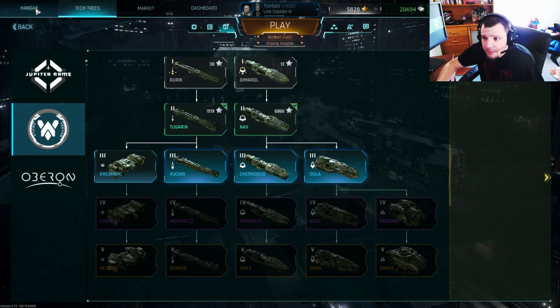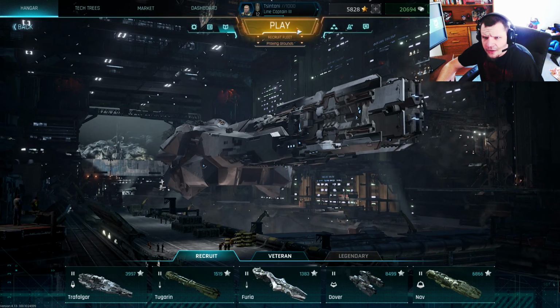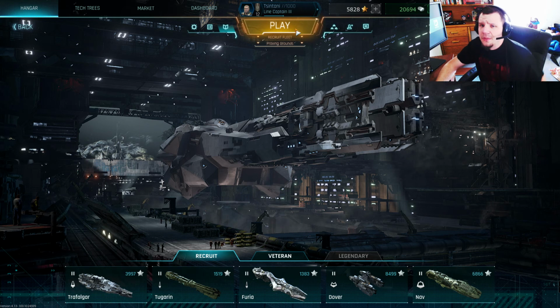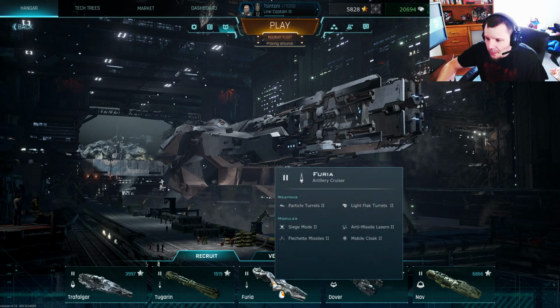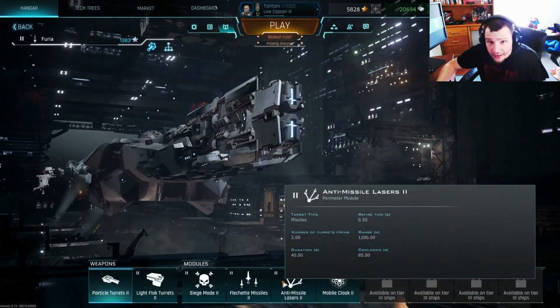So, as per the other ones, we'll just stick with the proving grounds. It's a lot easier to showcase things without putting the rest of the team in issues. So we'll go ahead and look at the Furia really fast, the Oberon